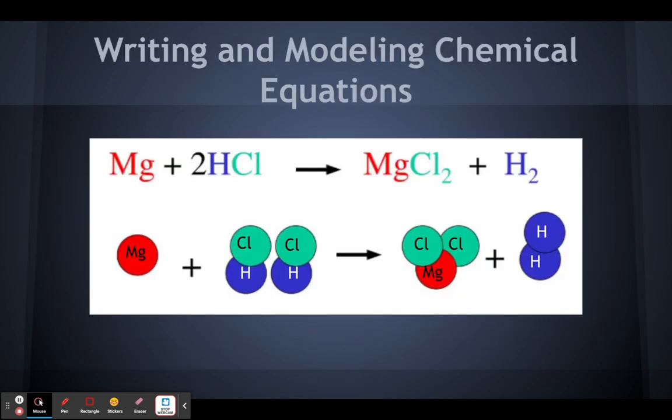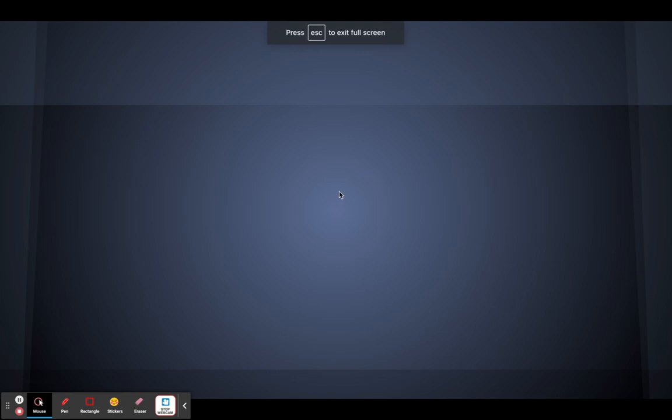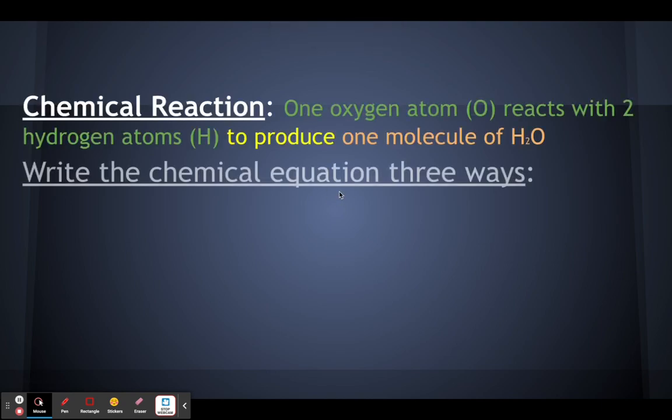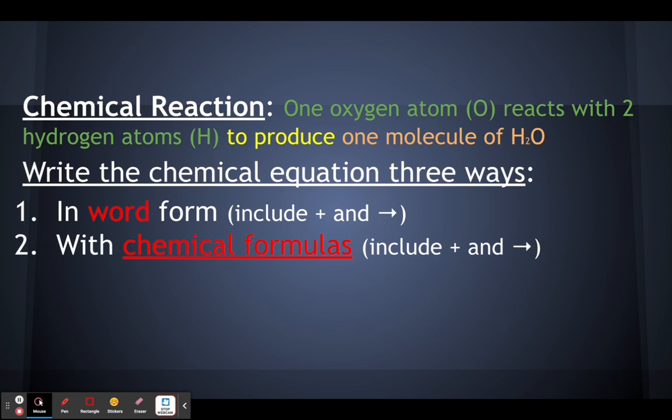All right. Modeling and writing chemical equations. So we're going to make water, as water was made a long time ago. All righty, let's get this back up. Here we go. And so you can write the chemical equation in 3 ways. And you're going to write this one starting with word form. And then you can write it in chemical formulas with just the letters. And you can also make visual models. So here's what water looks like and how it was created